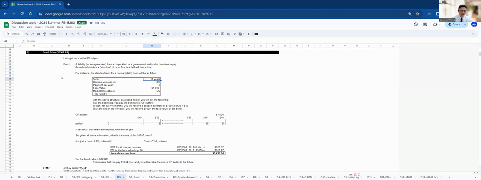you will get a term. So let's say in this case it will be 10 years, and the coupon rate 8%. Coupon means